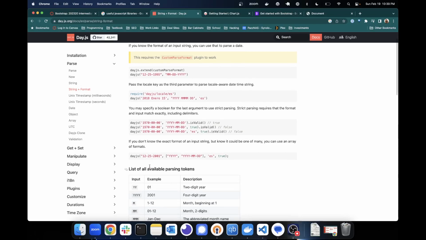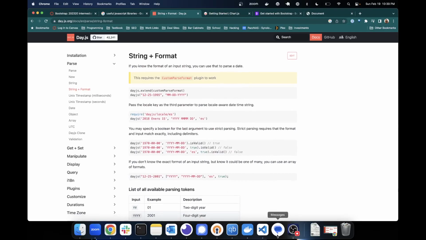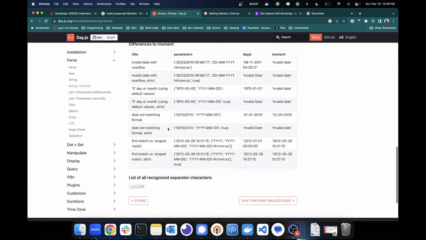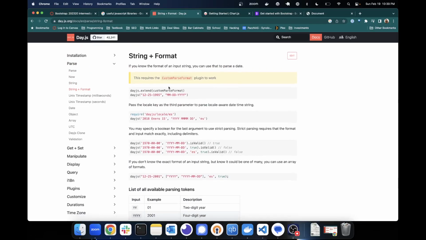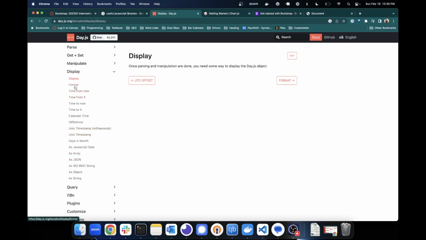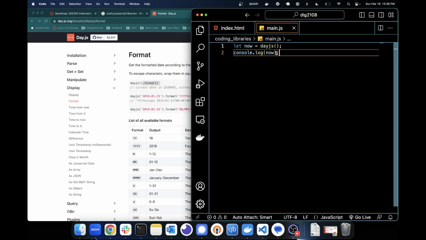So maybe I want to display a date in a certain manner. So maybe I'll call, give me just formatting. Oh, here we go. Display. Format. So it looks like I call the day.js function, and then I can call .format on it. So if I do .format,